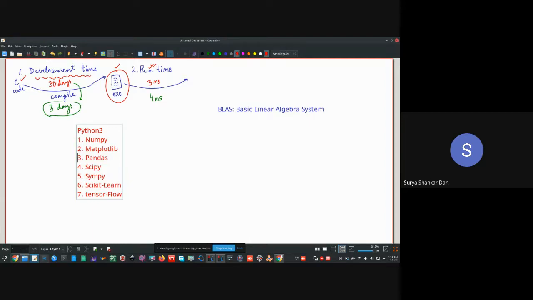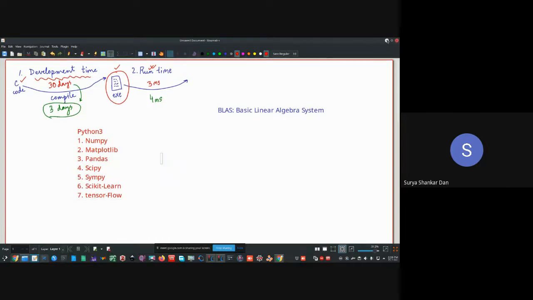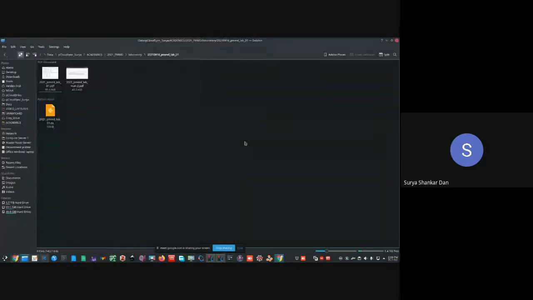I can of course show, or I can design a few problems in the lab component, where you can use pandas a little bit, so that on your CV you can write all these modules. So all these 7 modules are something which I know, which I have worked on. So we have begun with NumPy and Matplotlib as the libraries. Now let's come back to our program.